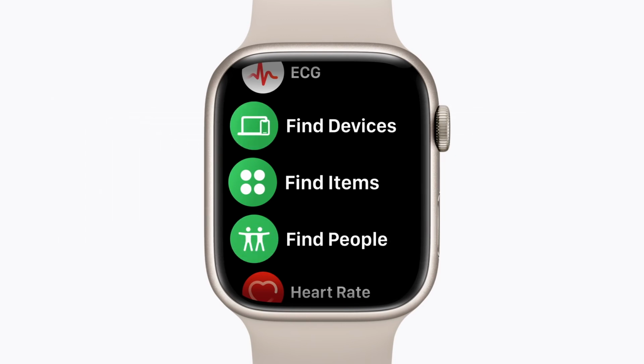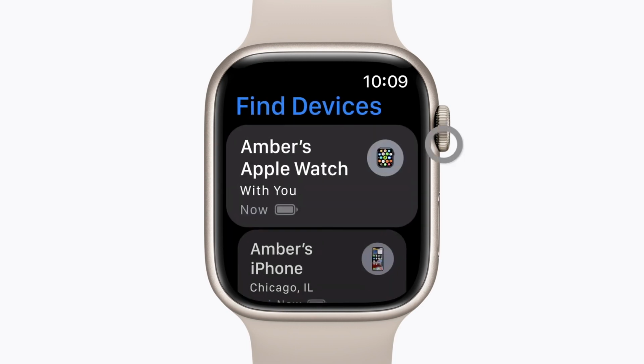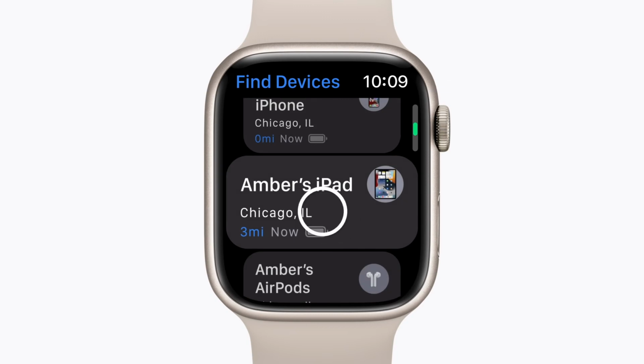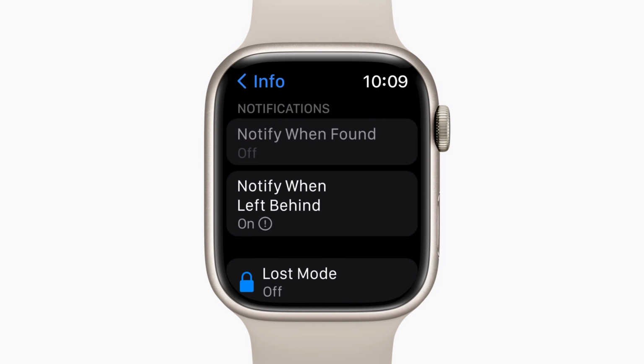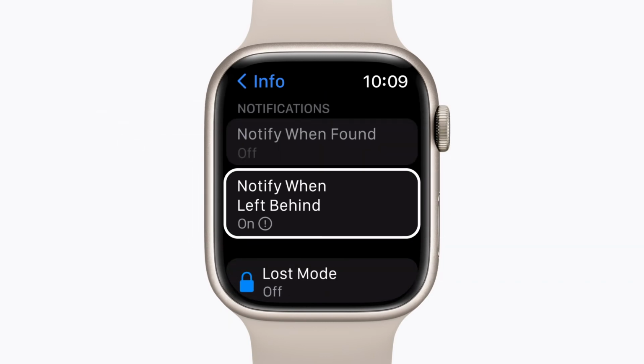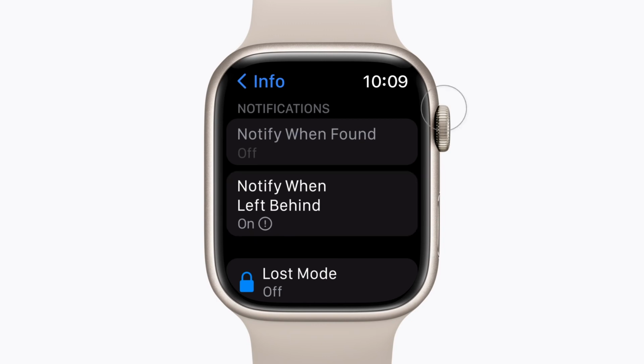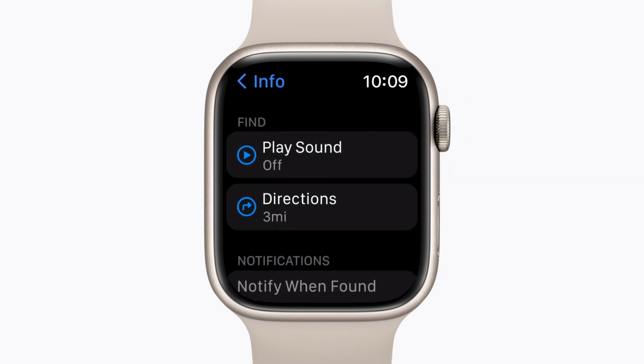Or, for help finding a device, open Find Devices, select a device, and then scroll down to view your options. With Notify when left behind turned on, you'll get a notification on your Apple Watch if you wander too far from your device. If you've lost your device and think it's nearby, tap Play Sound, and you'll hear this chime. You can also tap Directions to see your device on a map if you want to head to its last